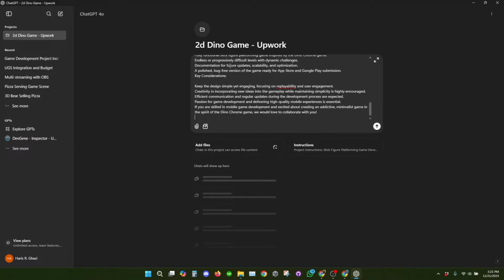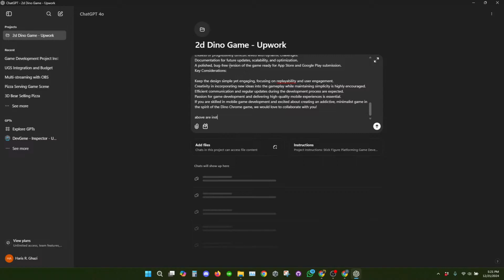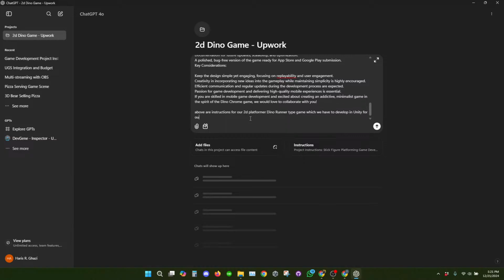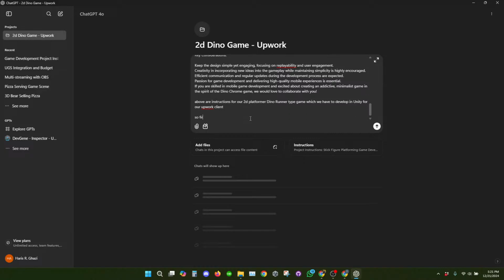You can give these instructions above our instructions for our 2D platform game type, in which we have to develop an event for our Upwork client.